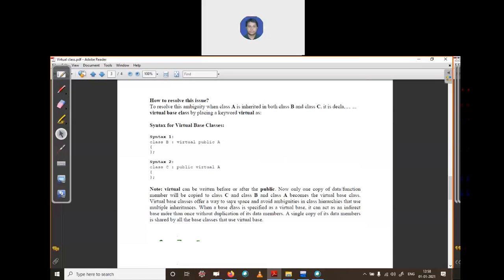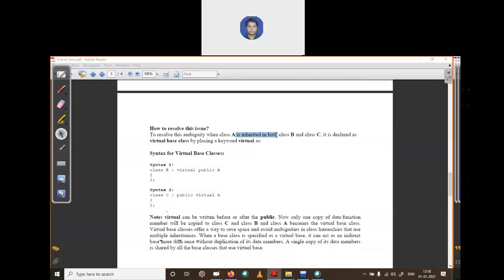Using the concept of a virtual class. To resolve this ambiguity, when class A is inherited in both B and C, it is declared as a virtual class by using the keyword virtual. If I declare class A as virtual, it bypasses the two copies of the same data.